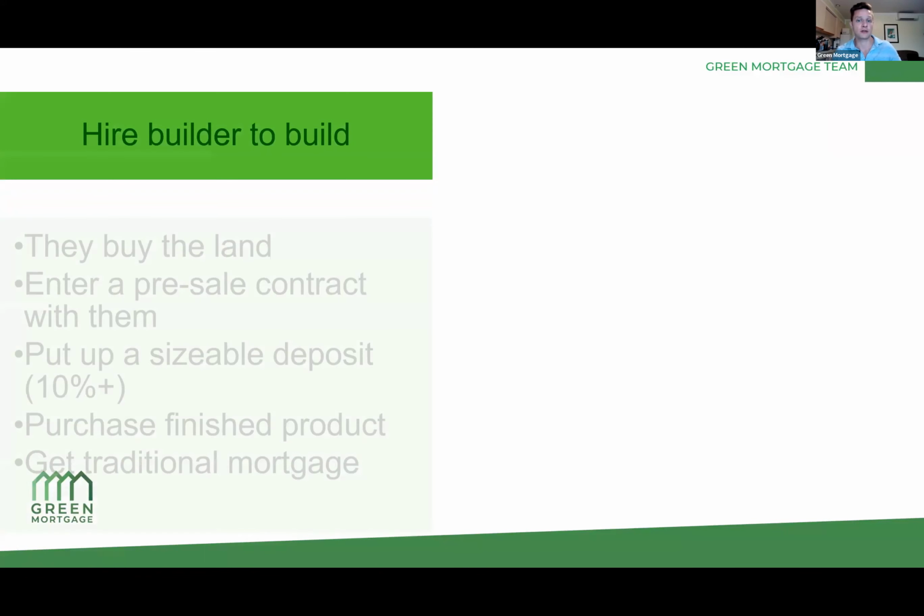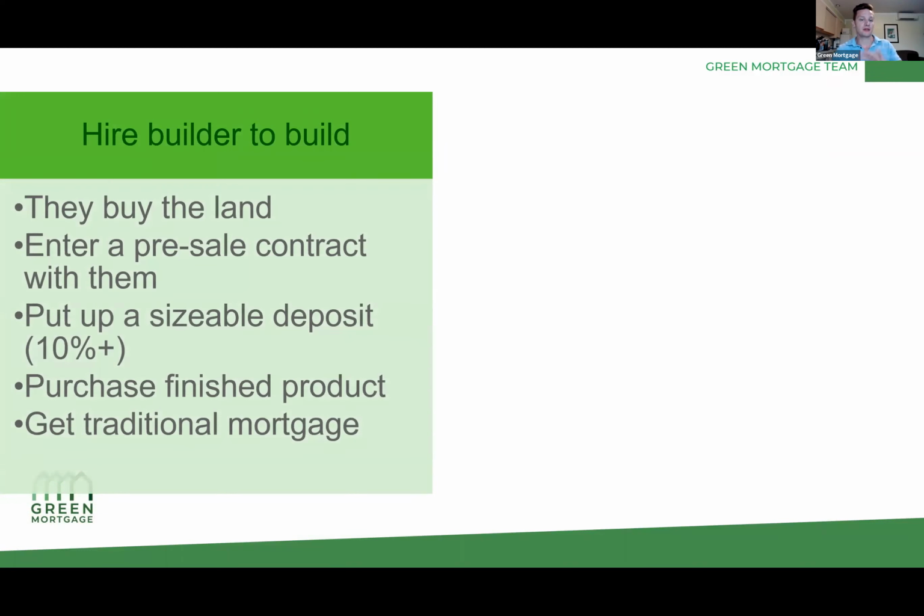So let's get creative and look at other options and figure out, okay, maybe the capital amount is too high. How do I get into construction? One of the methods that we proposed before is hire a builder to do the build. And so instead of you going and trying to get financing on the property itself, and then you having to come up with the capital, buy the property, get the construction financing, et cetera, it might be easier for a builder who has a track record of getting financing with their own bank, maybe has more capital available,